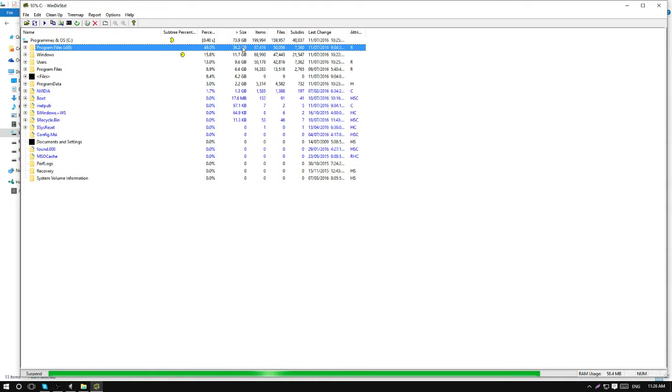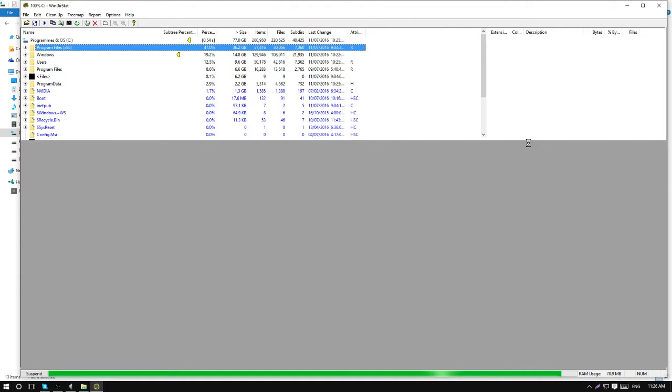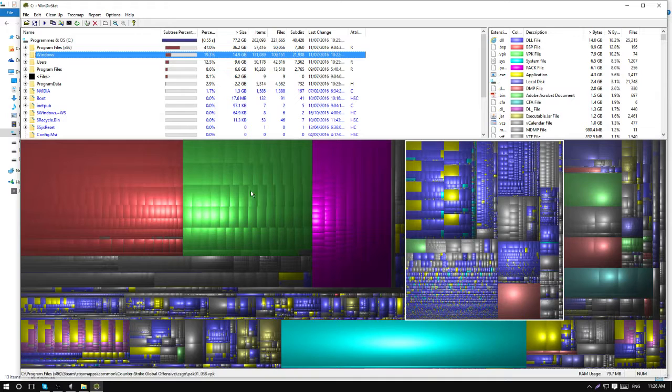So as you can see here, programs are using 36.2 gigabytes, and I couldn't really uninstall any programs because I've got the bare minimum programs that I use on my computer for like editing, study, whatever other kind of stuff that I want to use on my computer. And then it'll bring up this big graph. As you can see, this isn't an error. This is actually all the programs